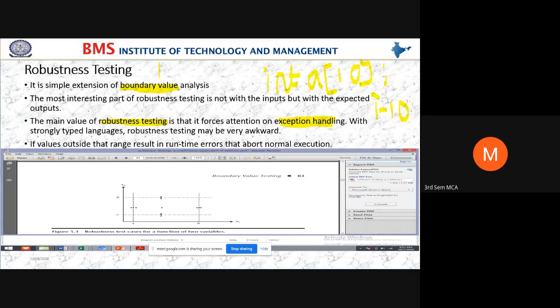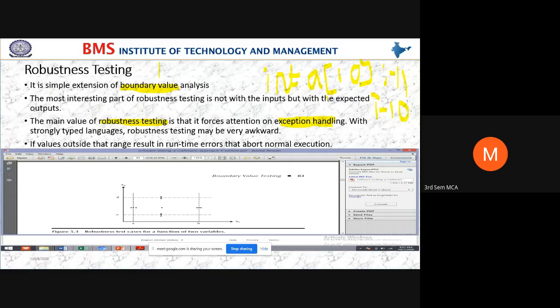If you give an 11th value, will it take, students? Respond. No, it will not take. The program execution will be terminated abruptly. Why?